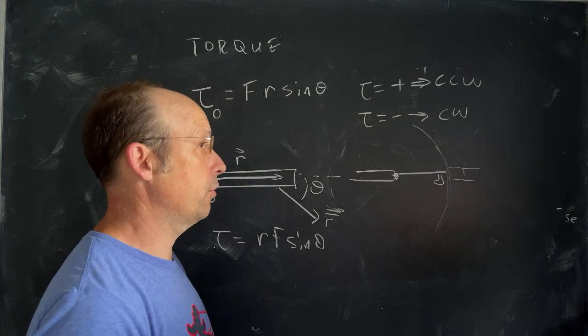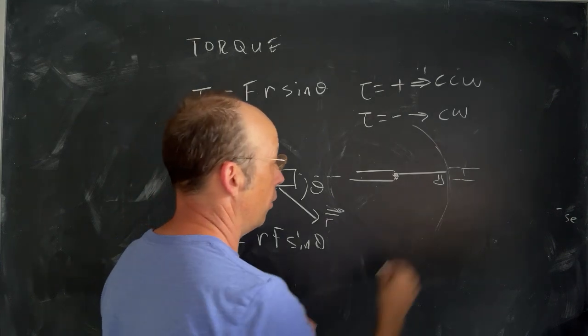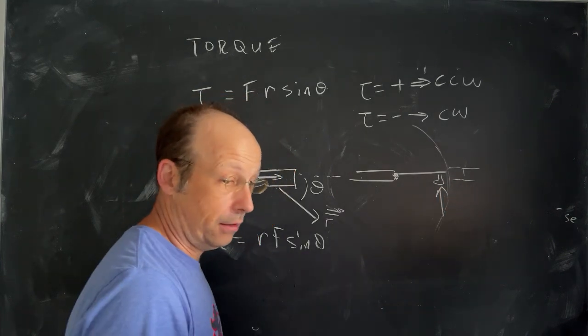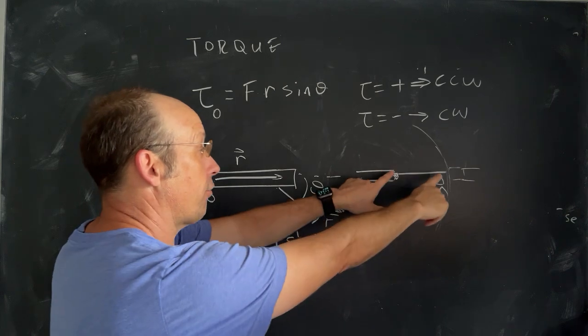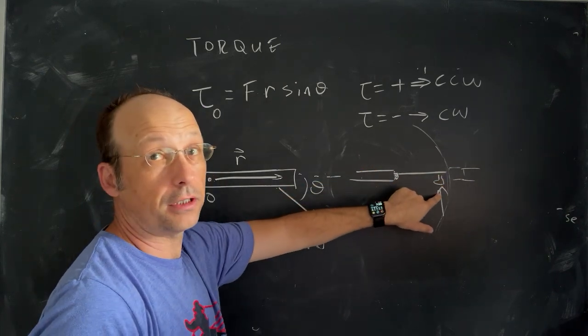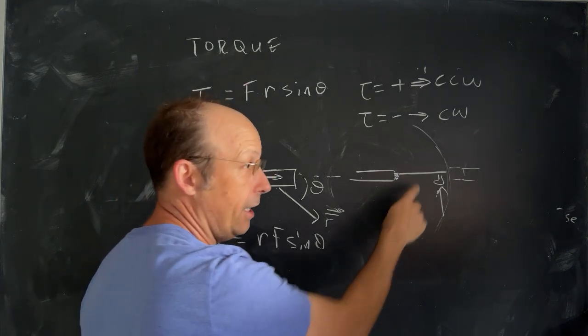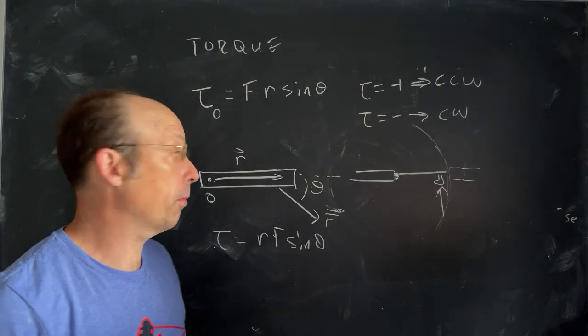Where would you push on that door to exert the most torque? Well, you'd push on the door handle right here, right? I'd push like that. And that increases the value of R about that rotation point, so that I don't have need as much force. Also, if you push right here close to the hinge, it's really difficult to open that door because you've decreased